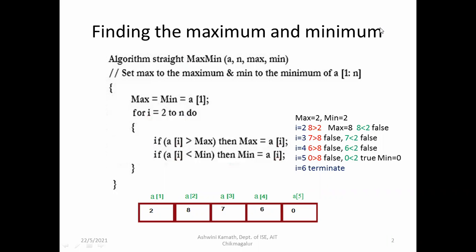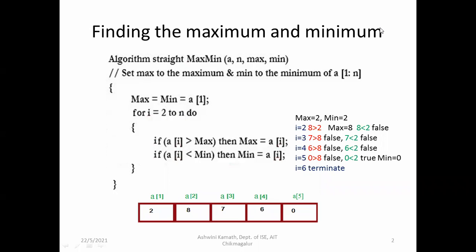We can notice that we found the maximum element in the second position itself, and we found the minimum element at the end. But even if we find it at the beginning, we have to check the entire array because we don't know the content of the array until we check it. So here we need not find the worst case, best case or average case. So directly check for the basic operation.